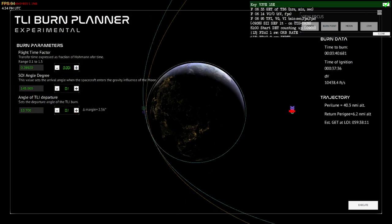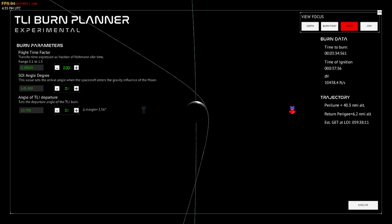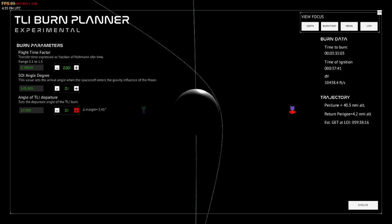Now we'll calculate. So this is kind of the hard part. We can clear all this for now. Let's go to the moon, since that's what we care about. Our angle of departure, as a rule of thumb, is always going to be 17. And then what we want to do is increment this until our paraloon is